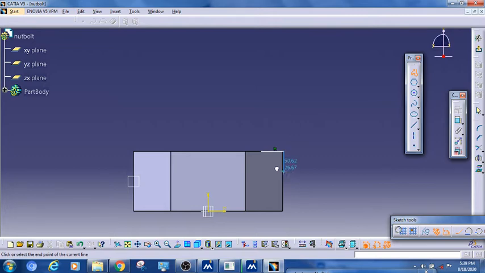If you want to create a triangle on the exact edge, we can create. If it is going outside also, not a problem. So here I will take this a little bit outside. Now exit the workbench.